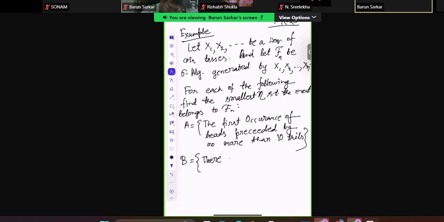B. There is at least one head in the sequence x1, x2, where x1, x2 is the sequence of coin tosses, okay? And Fn can be the sigma algebra generated by